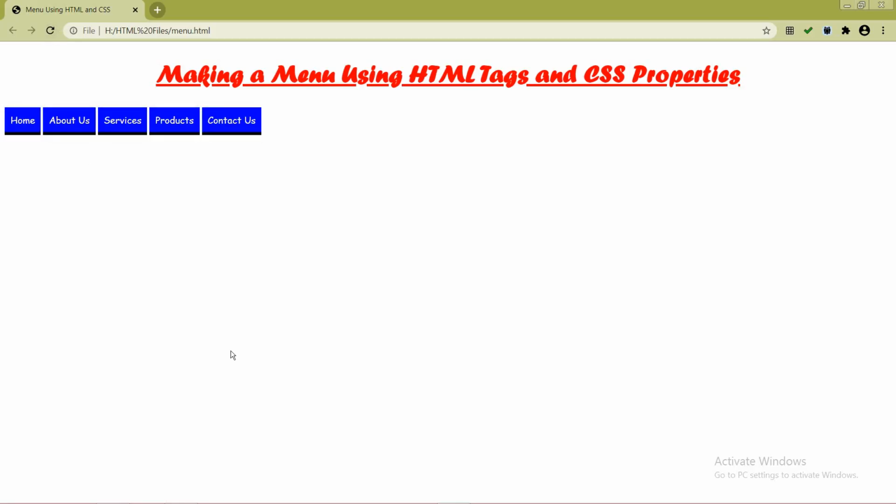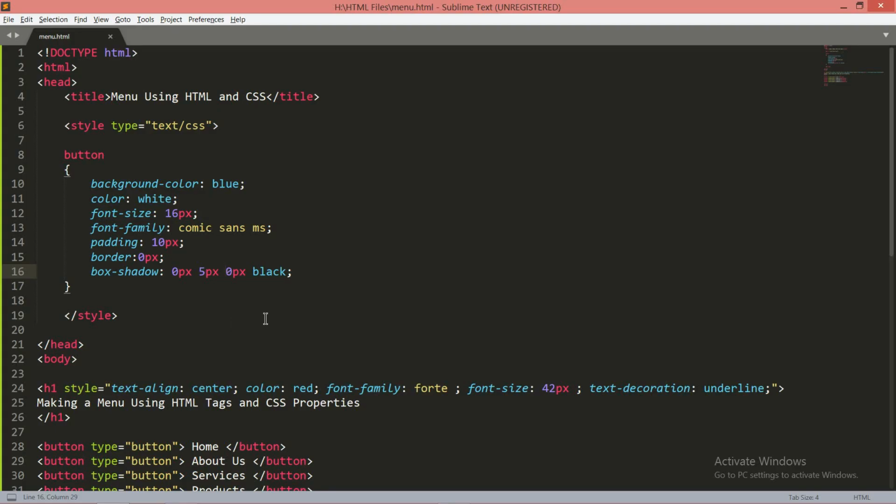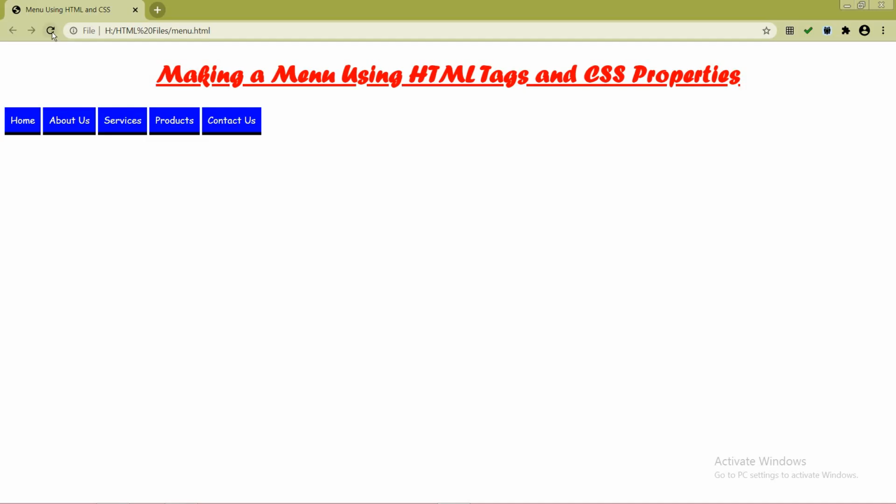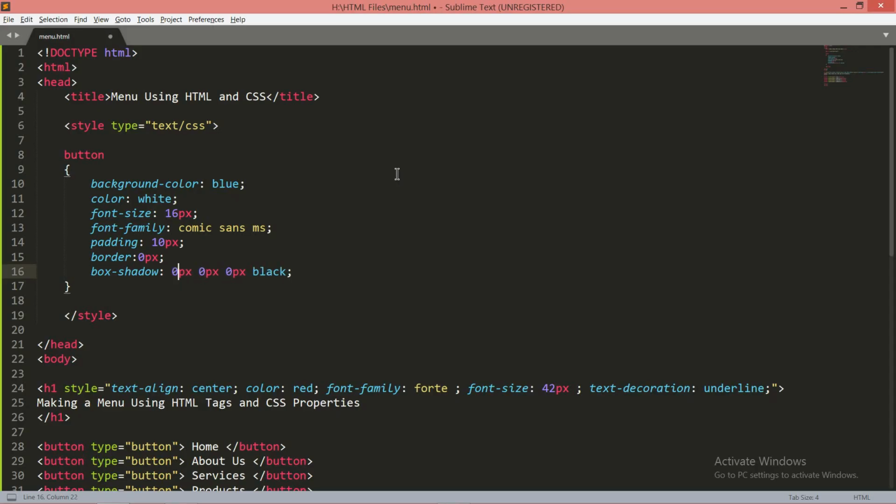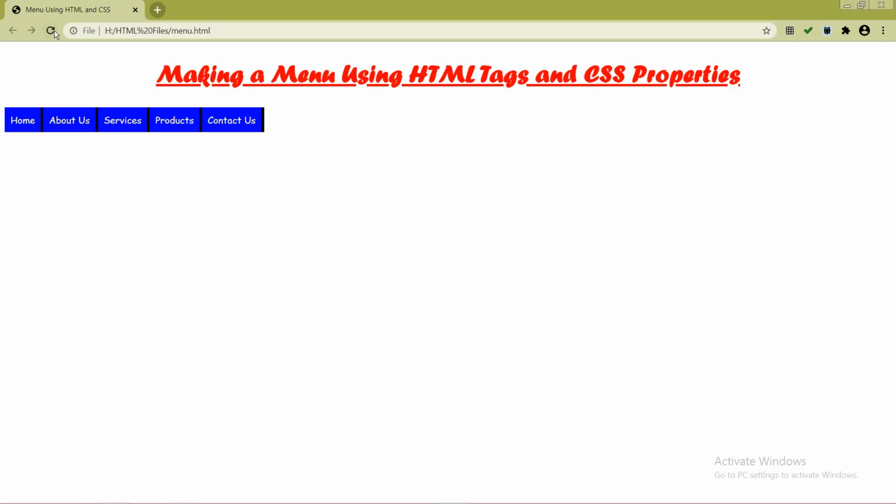It's not mandatory that you have to give vertical shadow. If I put this parameter as 0 pixel, and the first parameter which represents your horizontal direction, that is x-axis, I put it 5 pixels. Now you can see your direction of the shadow will change. It is coming towards x-axis in horizontal direction. But in my example, I just put it like a vertical direction, that is 5 pixels. Now this is the output.